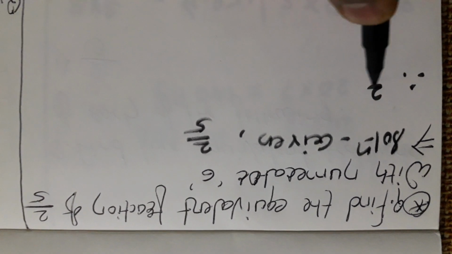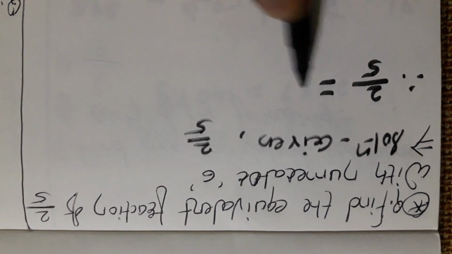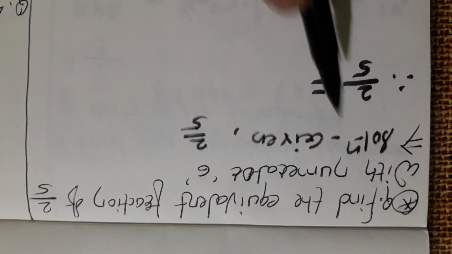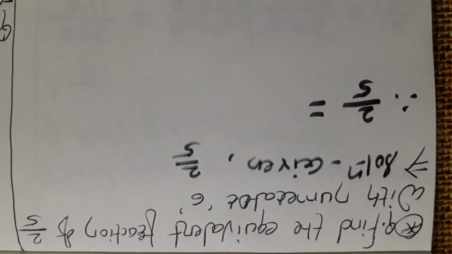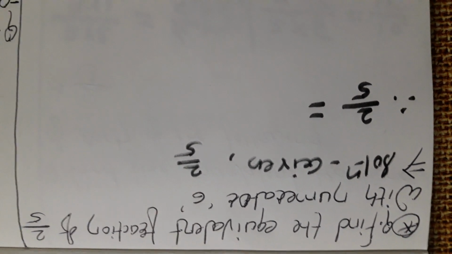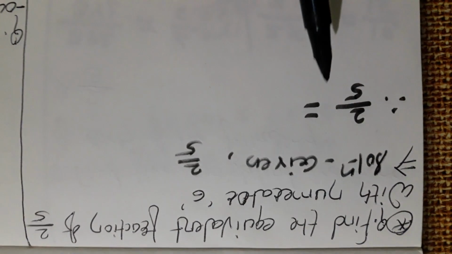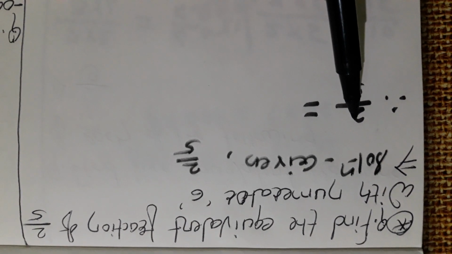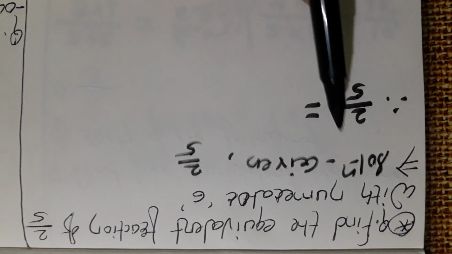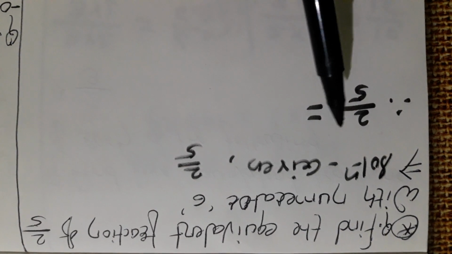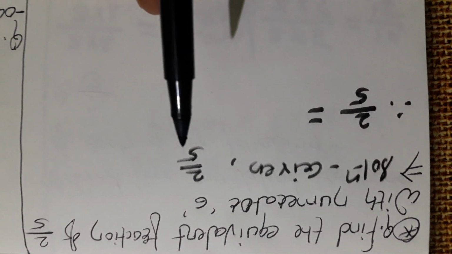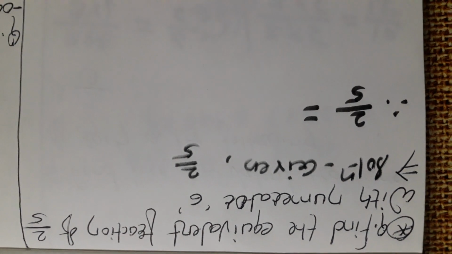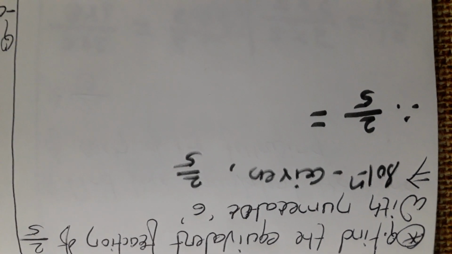Then how to find it from 2 upon 5? I want the numerator 6. Now we have to think about whether after multiplying or dividing these two we will get 6. Do you understand what I am saying? Is it possible to divide any one of the numbers? We have to think about it first. You should not take a decision in a hurry, otherwise you will lose marks.